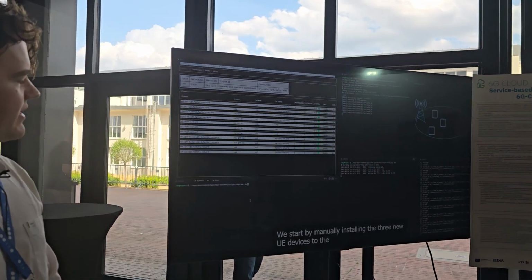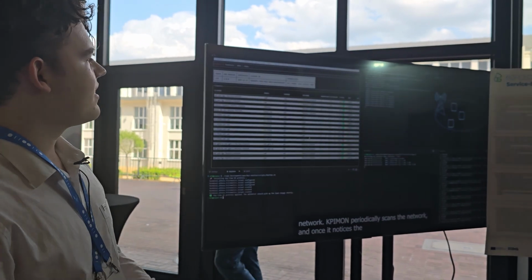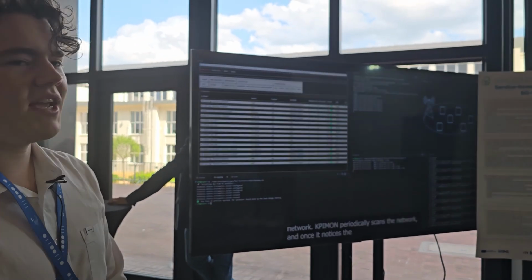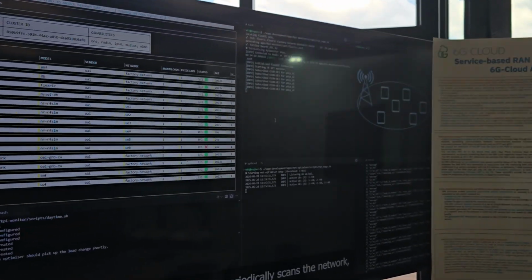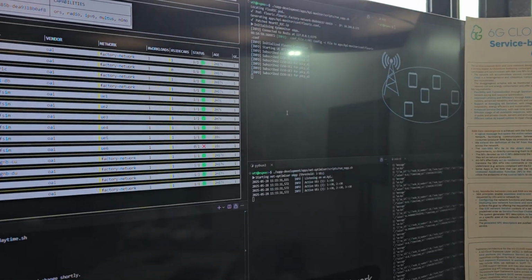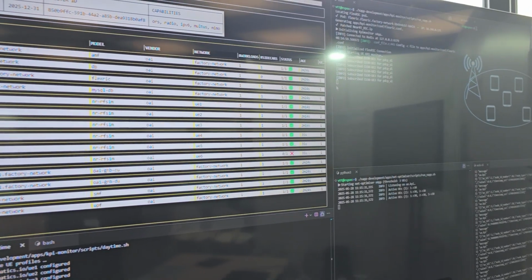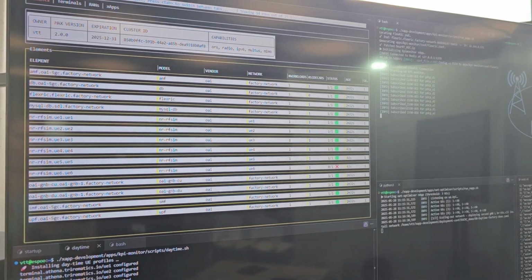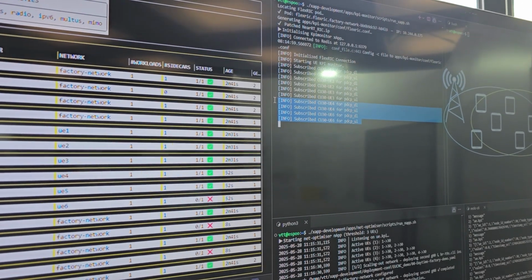So first we load in the daytime network, and you can see the UEs load in here. And quite quickly, you should be able to see the new subscriptions to KPImon in the middle as soon as they're ready. It takes about 30 seconds. As soon as KPImon recognizes that there's new UEs, it subscribes to them, and then it publishes those KPIs to